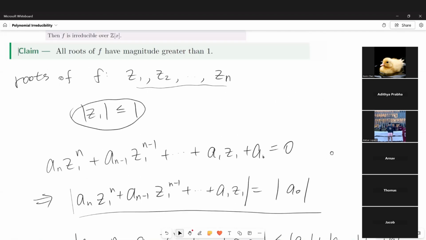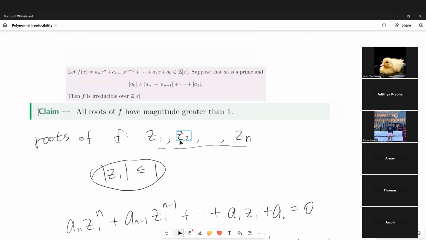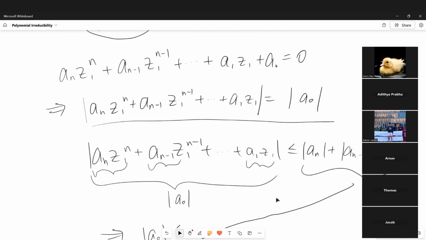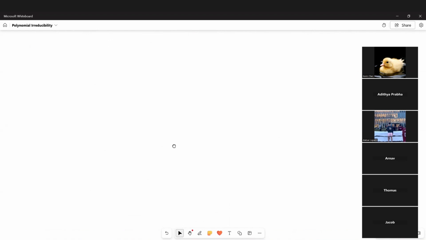So that means that's a contradiction. So we cannot have a single root z whose magnitude is less than or equal to 1. So we have proven the claim that all roots of f have magnitude greater than 1. So after this claim,